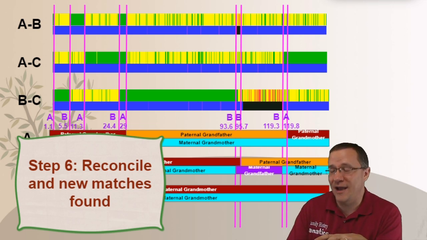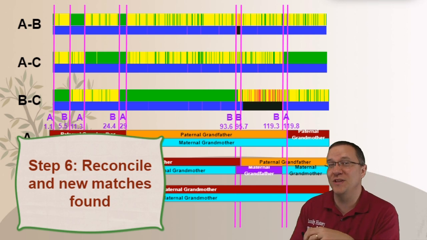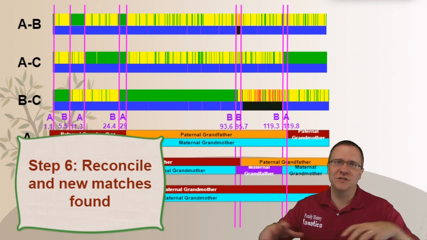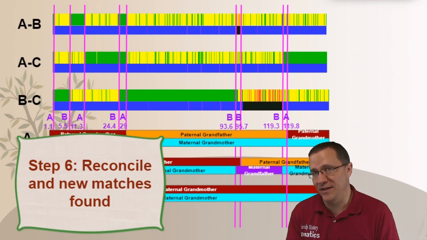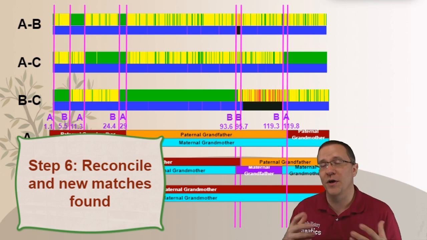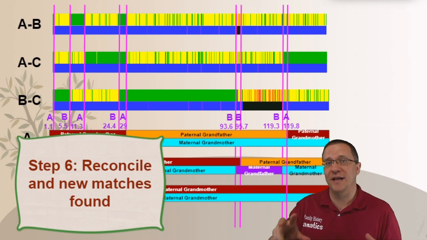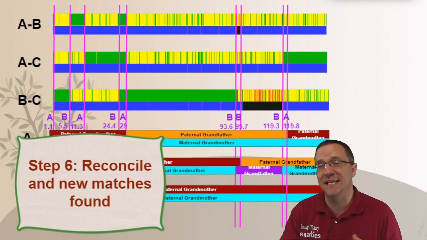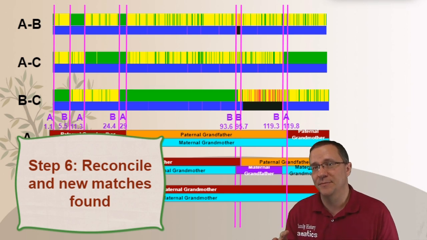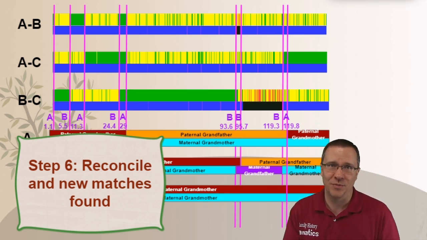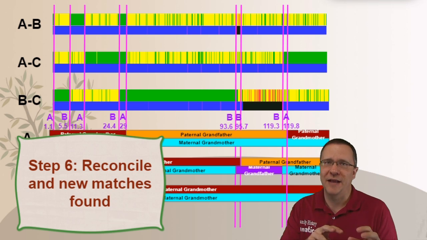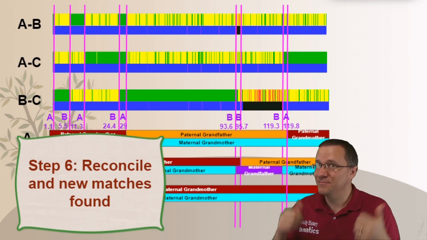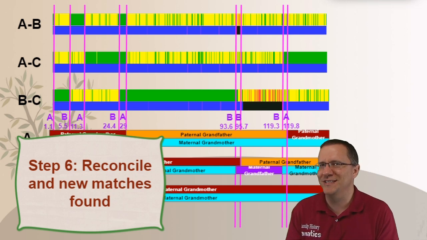You may think that you're done right now, but you're still not done. In fact, with visual phasing, you're really never done. As with all genealogical evidence, there can be new evidence, and every new match you have is new evidence that needs to be reconciled with all of the old evidence. So as you find new matches, you need to compare them to your visual phasing and see, do they line up with what I expect? If not, you've got to go through the reconciliation process again, which may mean changing your graph, which means recomparing it to other matches. And if nothing works, maybe you need to go back and check your genealogical records and see whether or not that person's really related in that way.